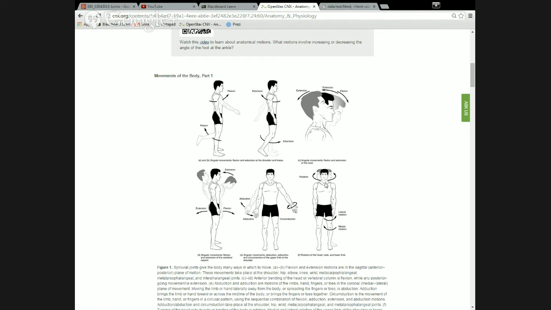I'm going to demonstrate with my arm. Again, it's easiest to see rotation of the arm if I bend my elbow, flex my elbow. In the picture, they're showing how the foot rotates, which is essentially the same idea. So I can medially rotate my arm, which is going to move the forearm medially across my body, or I can laterally rotate that. Now you can't see it because my feet are not in your line of view, but I can laterally rotate with the foot sticking off to the side, or I can medially rotate so my foot's back in the center. If I'm going to bend my knee to do that,